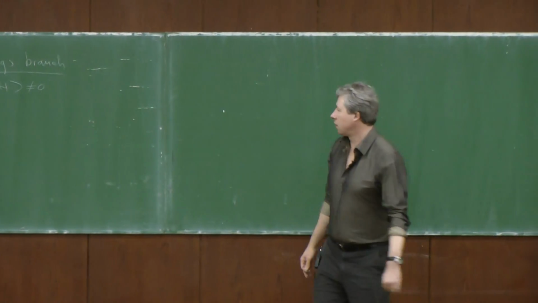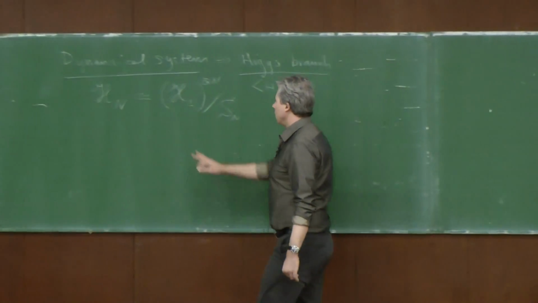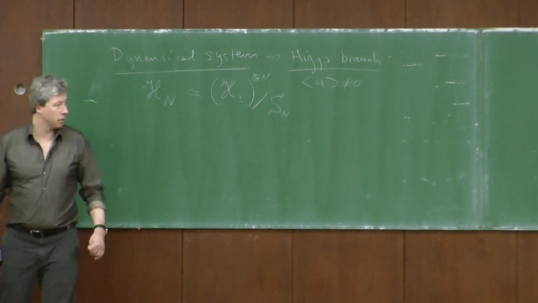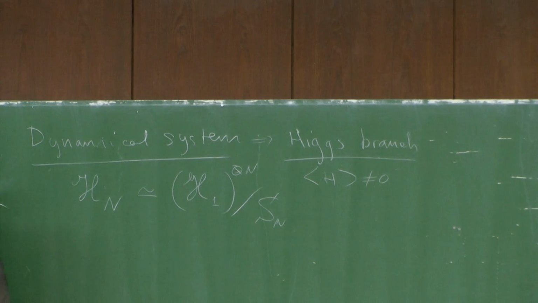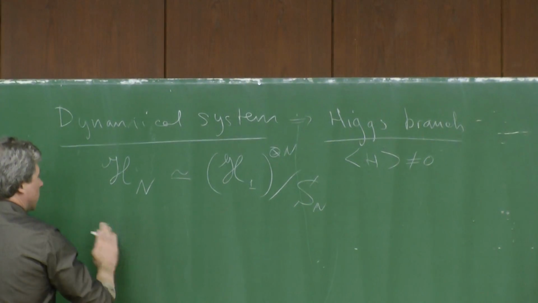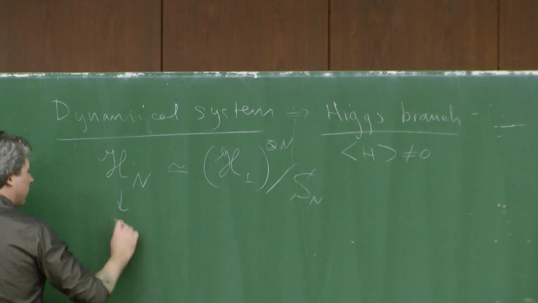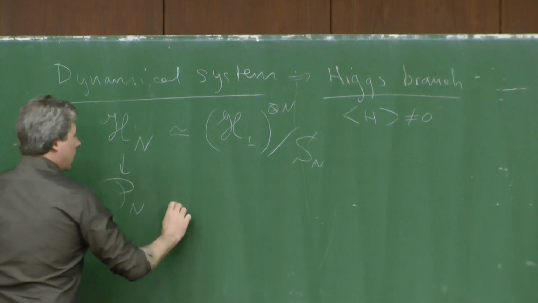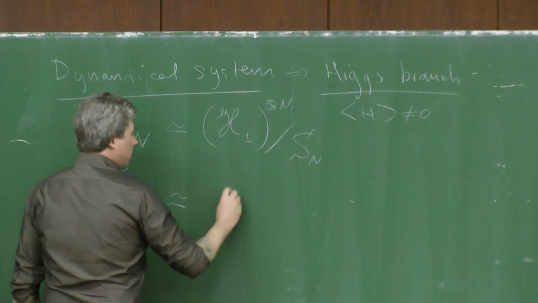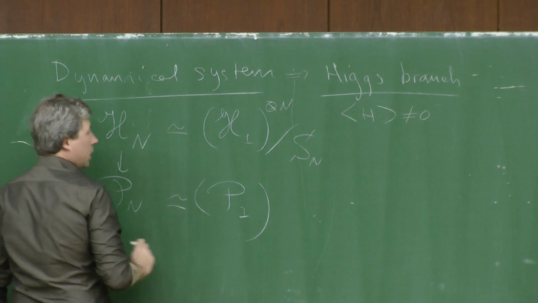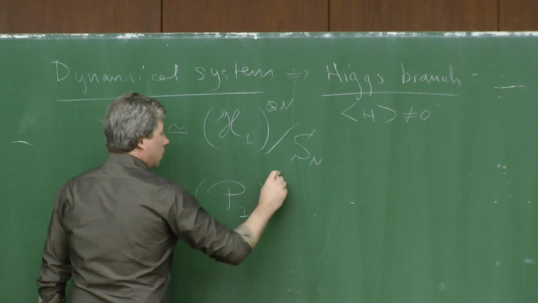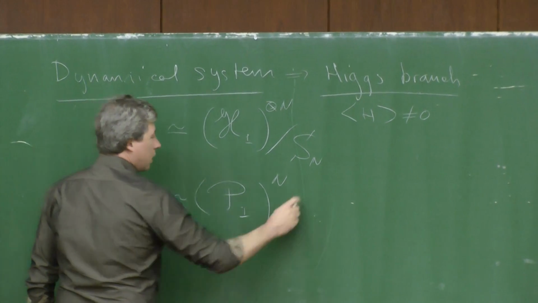Actually, in string theory, this is not entirely how things work, because if you think about this, the Hilbert space is too small. However, for the phase space, we can do a similar thing. So let me replace Hilbert space by phase space, and then this is a more accurate description. The phase space for n objects is indeed the nth-fold product of single ones, and then modded out by